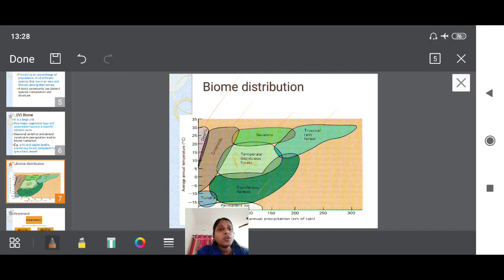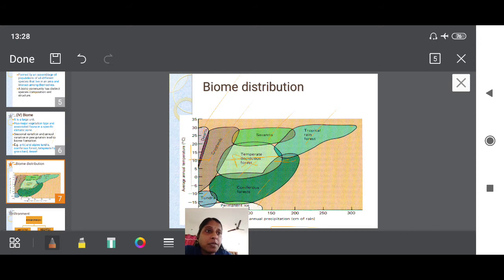Okay, along with that they can ask some questions. For example, you see this is tropical rainforest, isn't it? On the x-axis it is the average annual temperature, and on the y-axis is average annual precipitation. If they are asking what is the minimum temperature of tropical rainforest, then you have to just see the bottom one. You just see how much it will be, somewhat like 10 degrees Celsius.